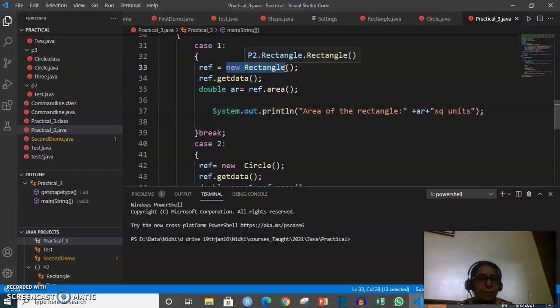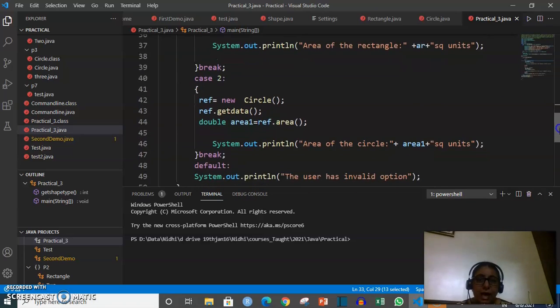It is working absolutely fine. So you can just see on above it, you can see p2.rectangle.rectangle. So that means p2 package के अंदर एक rectangle class है, उसका rectangle bracket यानी उसका constructor call किया जा रहा है default. After that get data, and after that reference.area.